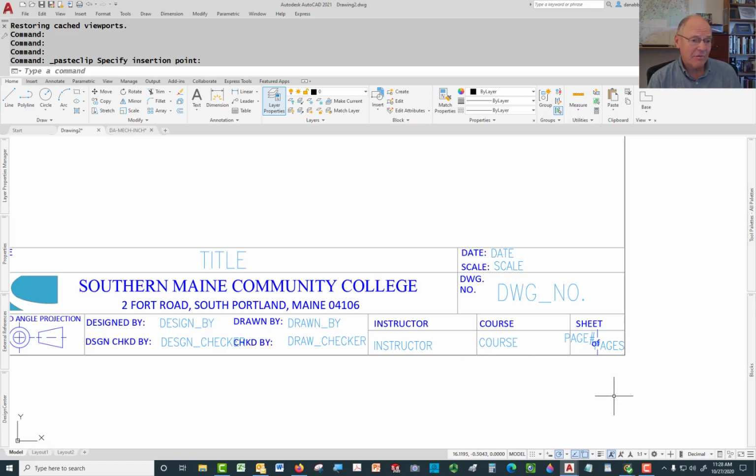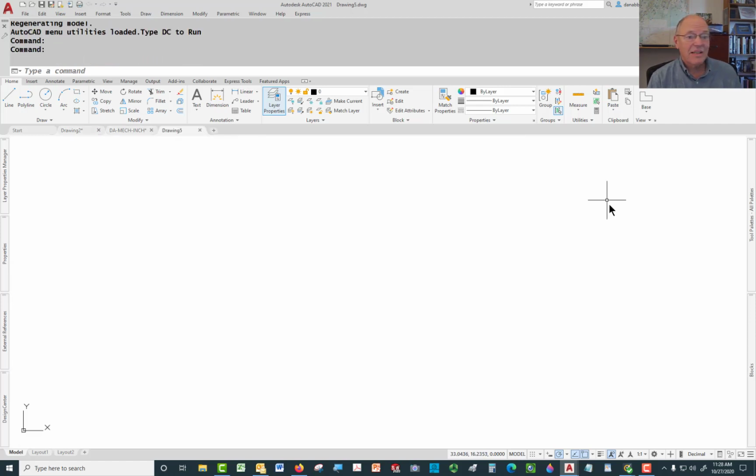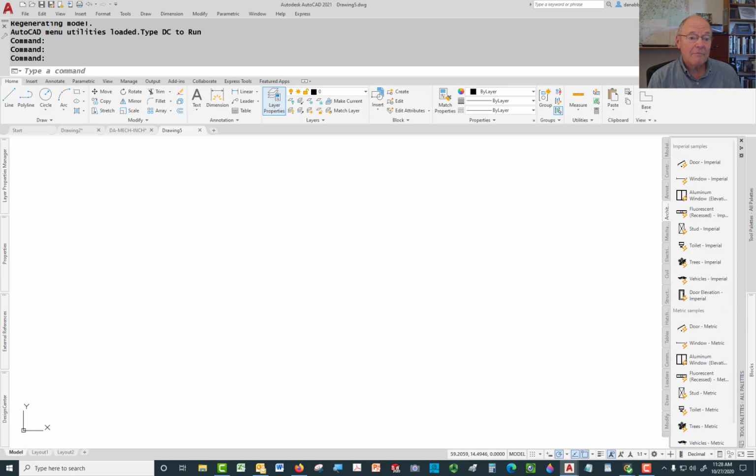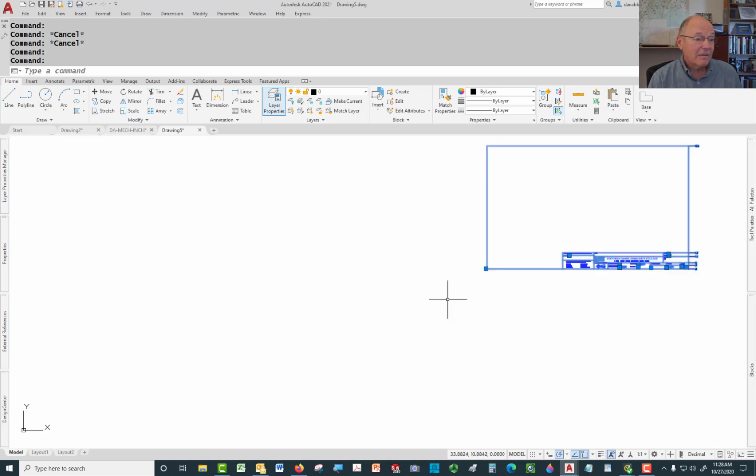I will point out here, this sometimes confuses people. It looks like that's going to be overlapping. It isn't, because the only thing I'm going to put in there is numbers. In fact, I probably shouldn't have deleted that other one. Let's go try to do this one more time. I'm just going to bring that in as a block. So if I bring that in as a block right now, and it looks like this, and it comes in,